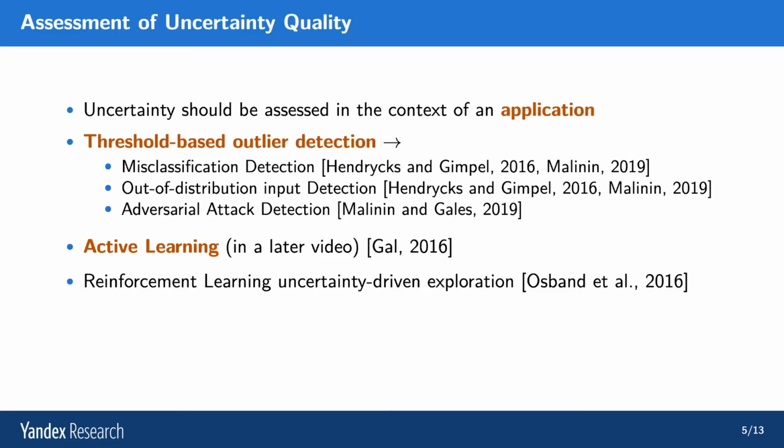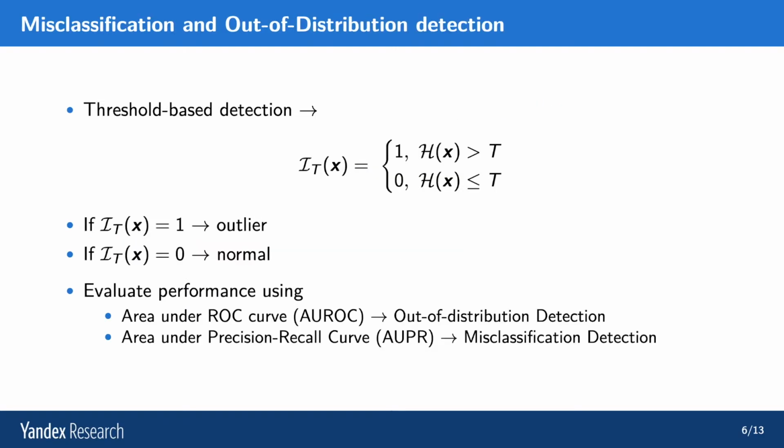In this video series, we'll cover threshold-based outlier detection and active learning. However, active learning will be presented by Yegor Kolodin in one of the later videos, and in this video I'll focus on threshold-based outlier detection. The basic idea of threshold-based outlier detection is that you have two datasets. You have your in-domain test dataset, or a clean dataset, and then you have a dataset of anomalies or outliers or errors.